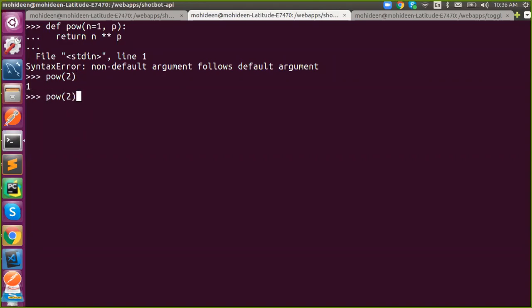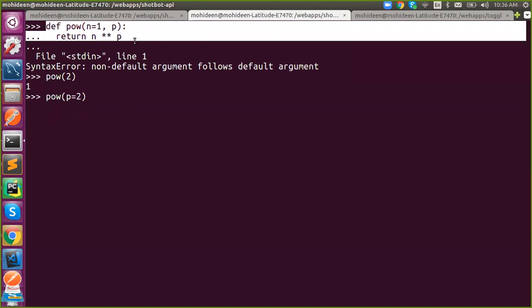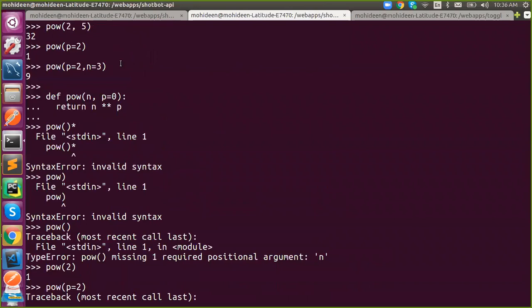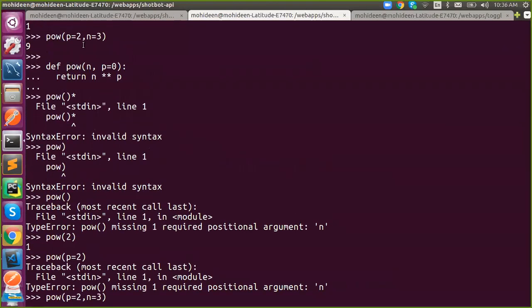If we say power of 2, p equals to 2, then, yes. Whenever it says syntax error, the function was not constructed. So it will take the previously defined function. When you say p is equal to 2, again, see, n doesn't contain any default, right?